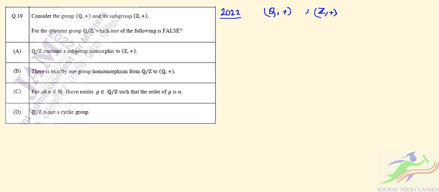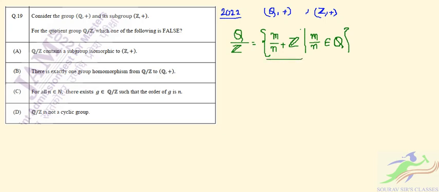In that case, how can we write this quotient group Q by Z? We can write it in the form of m by n plus Z, where m by n belongs to this group Q. So these are all the elements of this group, right? Now if we want to find the order of this element,